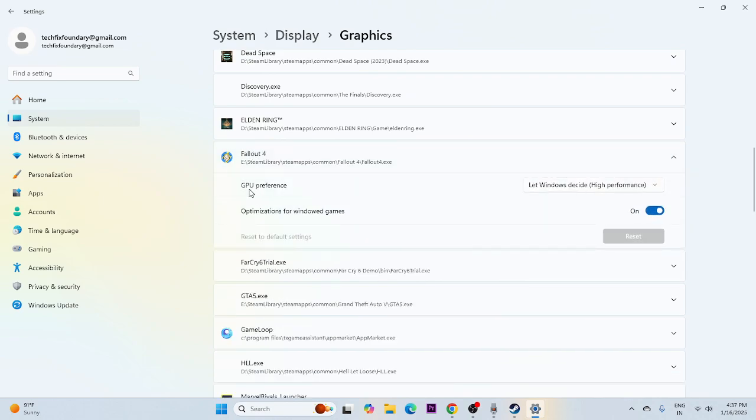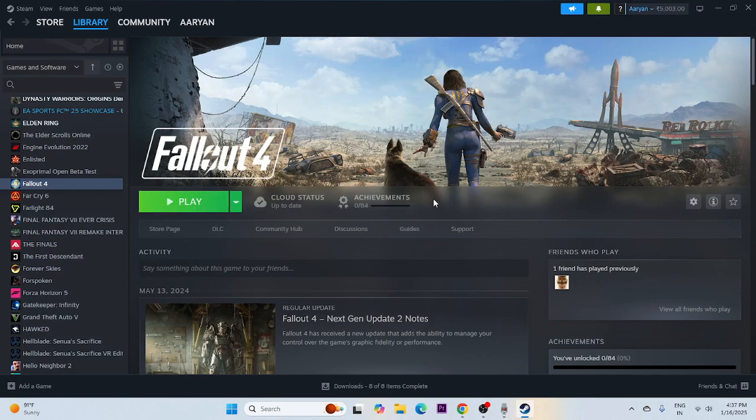Over here, as you can see, it has been set into GPU preferences. Change this to high performance. And once this is changed to high performance, close this and try launching the game. Next, after running the game on the dedicated graphics card, we just need to increase the